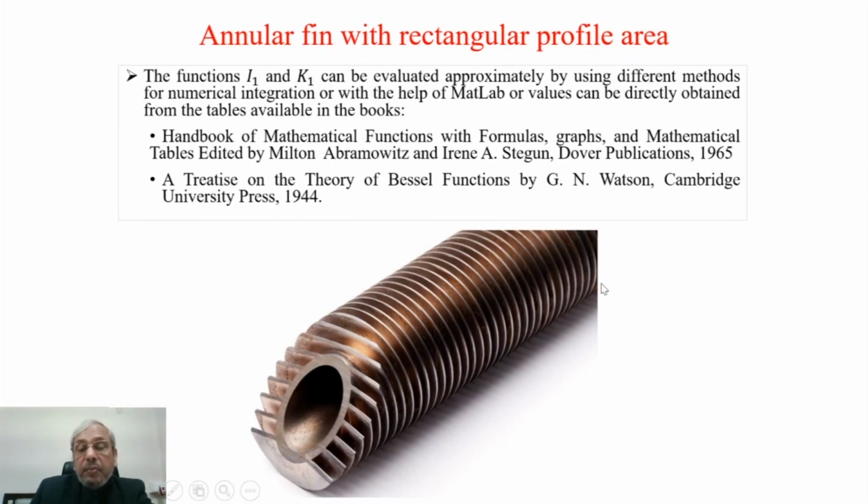You can see multiple fins, and you can see the tube also, in the cross section. So through this tube, hot fluid flows. This heats up the tube wall, and then the tube wall heats up the multiple annular fins, and these annular fins promote convective heat transfer to the local ambience in order to cool down